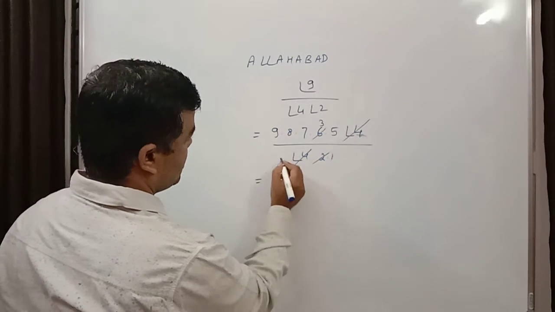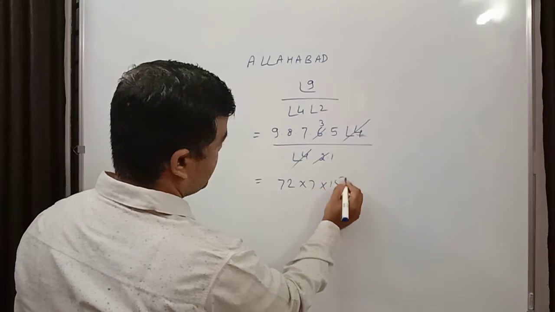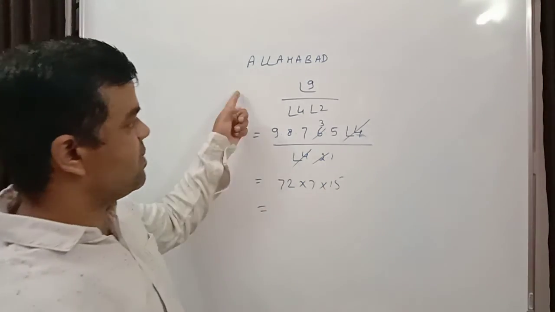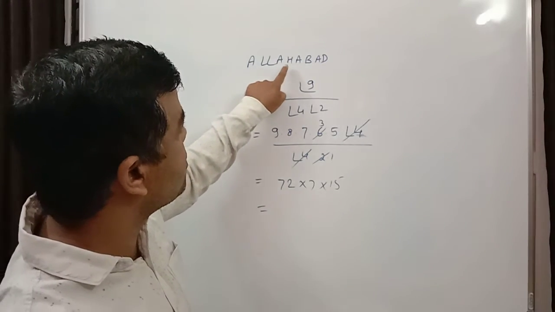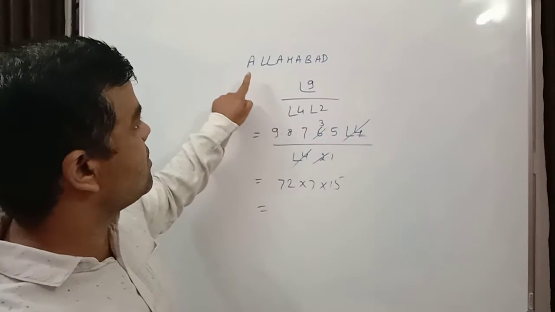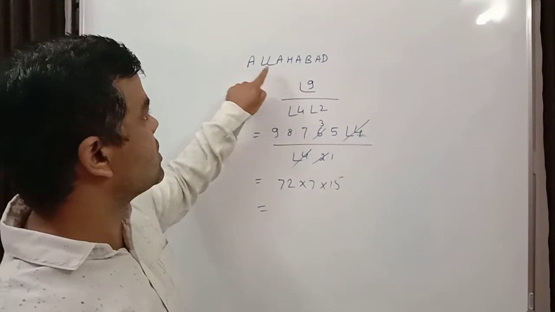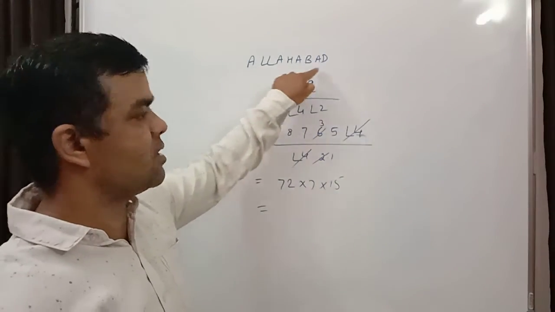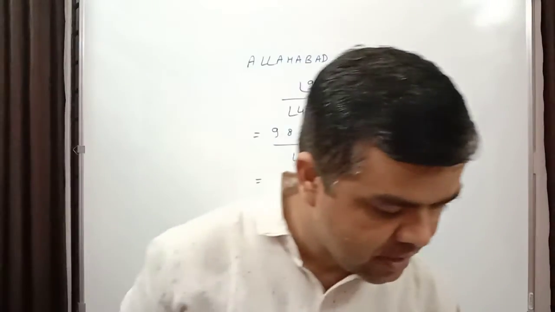Multiply it and you will get the answer. Okay. After multiplying, this is the procedure. Count the letters 1, 2, 3, 4, 5, 6, 7, 8, 9 and divide by the factorials of the letters that are repeated. A is repeated 4 times, 1, 2, 3, 4. Then L is repeated twice. No other letters are repeated. So divide by those and you will get the answer. Okay.